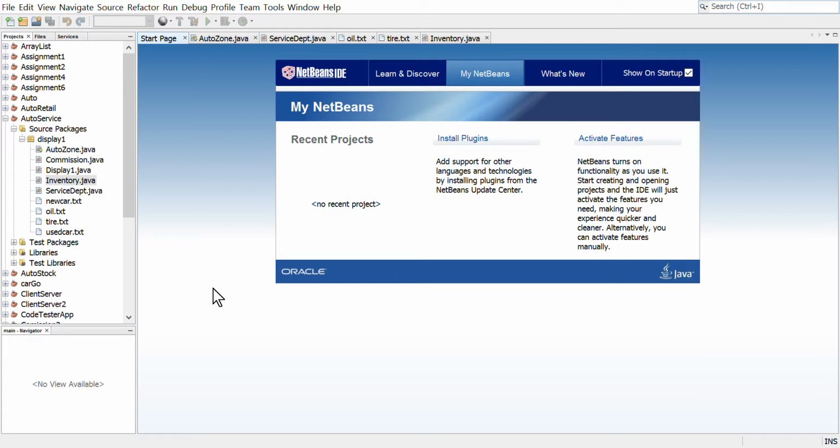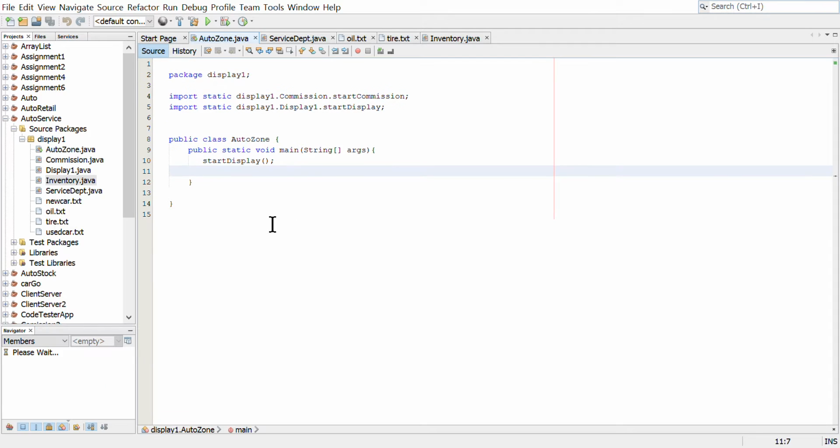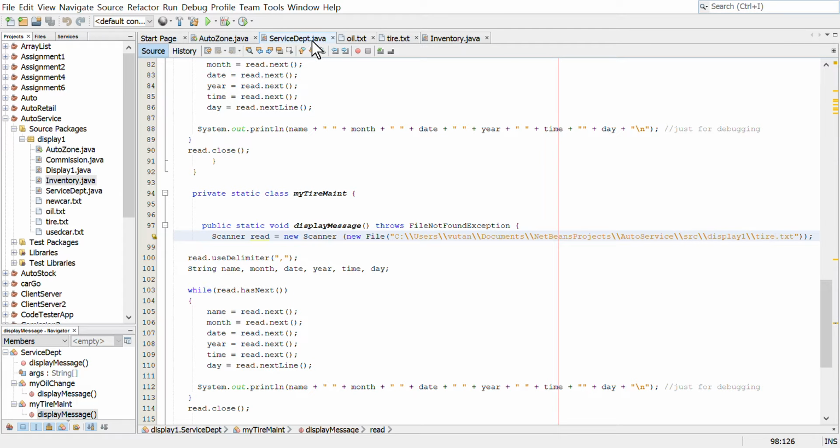This is my MTCS 622 final project. It's called AutoZone. It's under the Display One package. AutoZone is where we would go to run the program, and this would display a list of used cars or new cars, and it also displays oil services. You can set up appointments and service department and